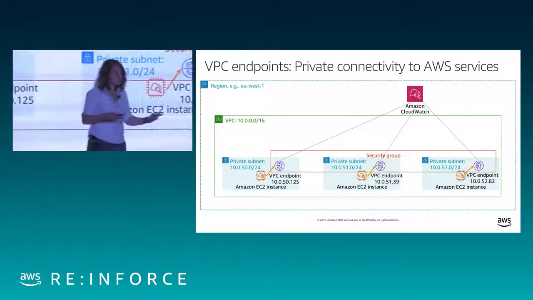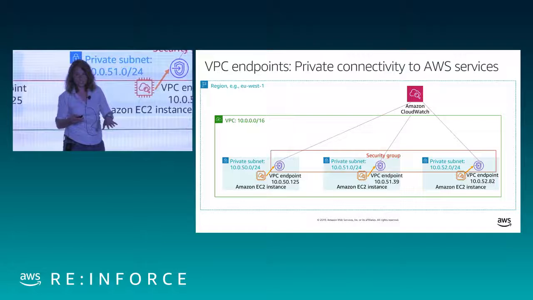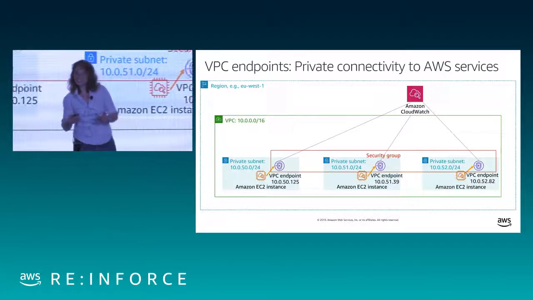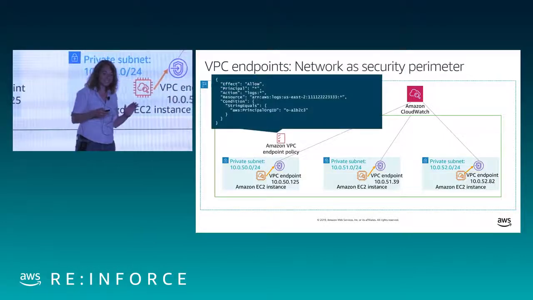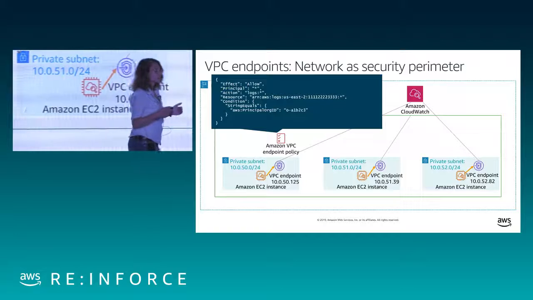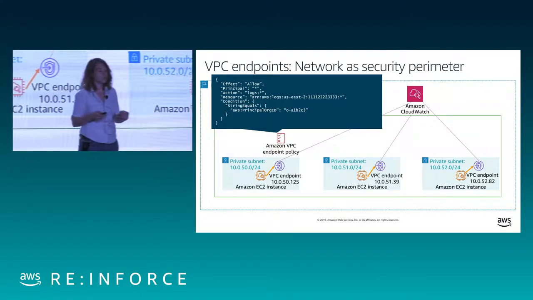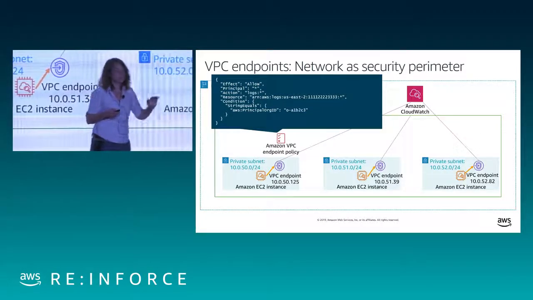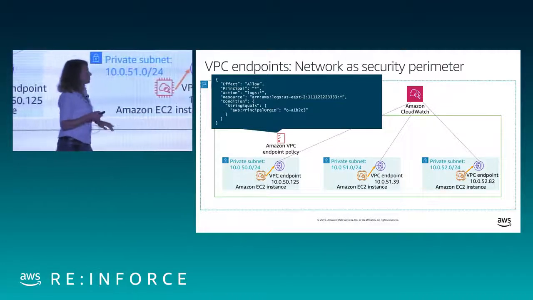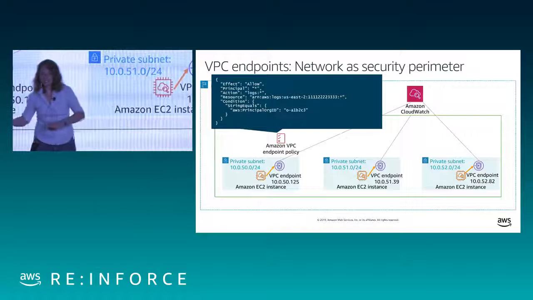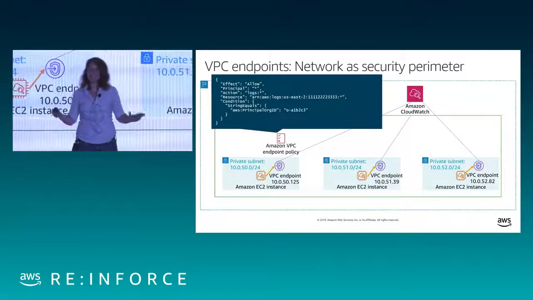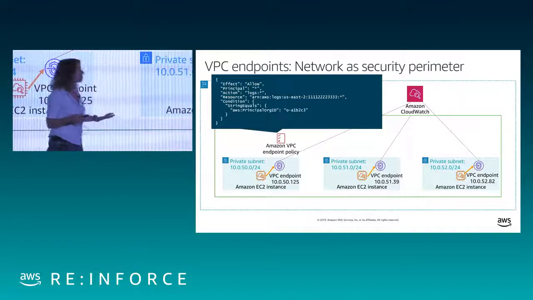And for a growing set, currently 13 of our VPC endpoint services, there's actually even an integration with IAM that works here. What this integration lets you do is it lets you use your network as a security perimeter. It's called VPC Endpoint Policies. So what I've done here, what you're looking at here, this is yet another IAM policy, except it's not attached to a principal, and it's not attached to a resource, and it's not attached to an organization, it's attached to a network. This is network as security perimeter here.